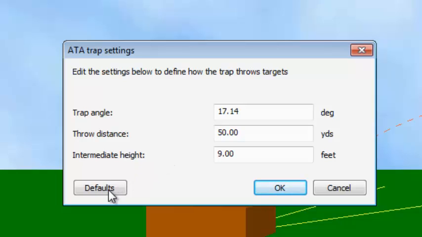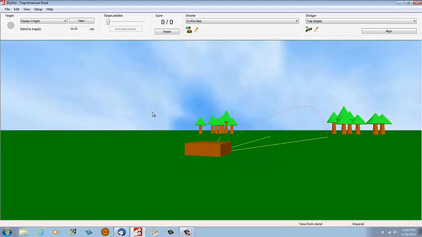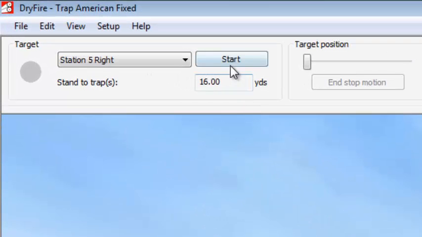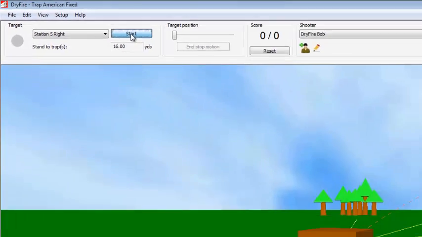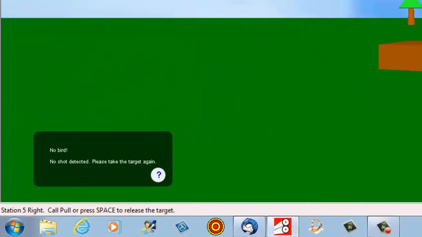If they were not correct, you can click on default, or if you want to set them to whatever angles you want, you can do that. So I'm going to click on defaults, click on yes, and now I'm basically ready to go. The first thing that I'm going to do here is I'm now going to come up and I'm going to click on the start button, and now I'm going to release a target. It's now flying across the wall, and because I didn't shoot at the target, a message comes up in the